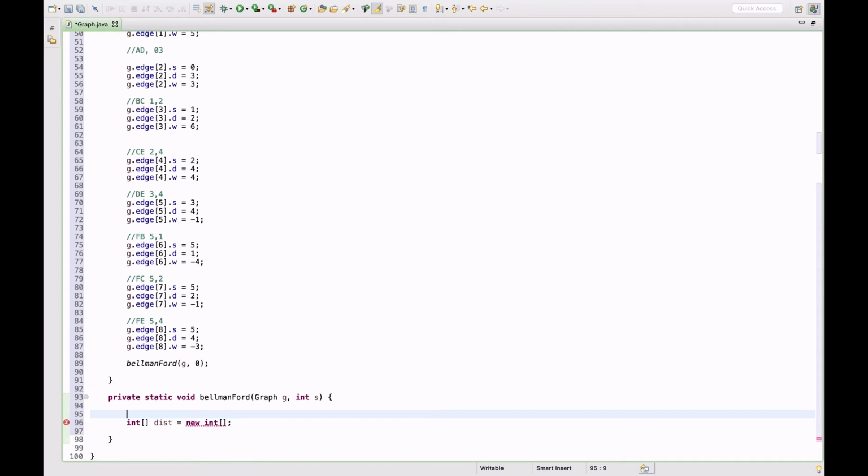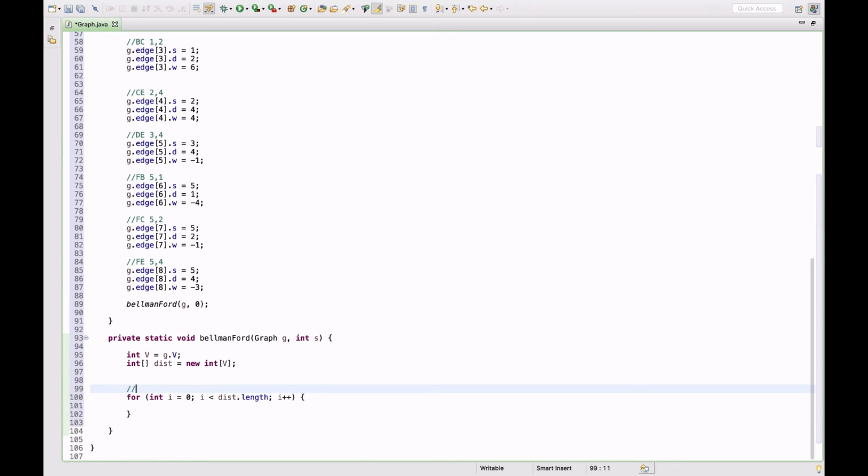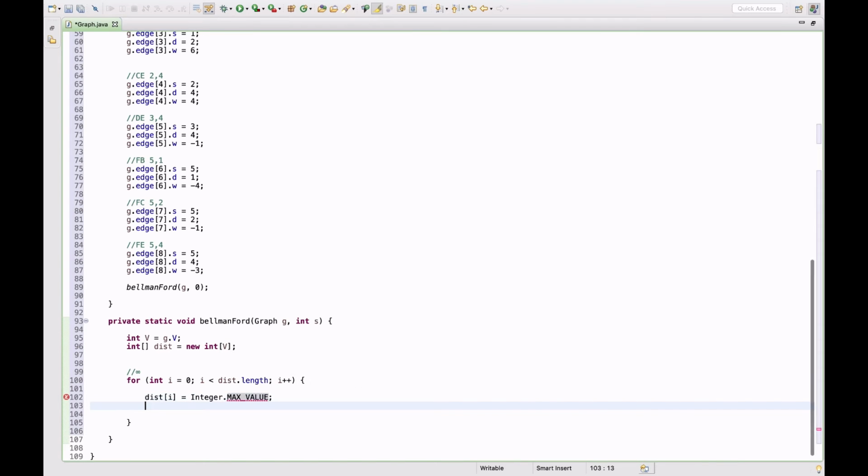So because we're gonna store the distances for each vertex from the source, we're gonna fetch it from the graph and pass it here. Now let's take a for loop to initialize all the vertices' distance with infinity. For us, infinity is Integer.MAX_VALUE. So we're gonna initialize all the distances for the vertices with infinity, or Integer.MAX_VALUE. So distance of i is equal to Integer.MAX_VALUE, and